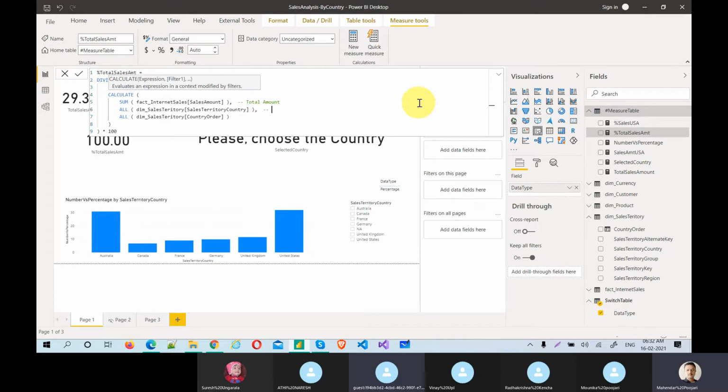This time, all DAX functions used. Whichever is meaningful for the business, not for the technical side. Here the context is to understand the DAX, so I'm giving it from a technical point of view, but in real time, you have to provide some generic business information to help other developers understand. So write your own comment.